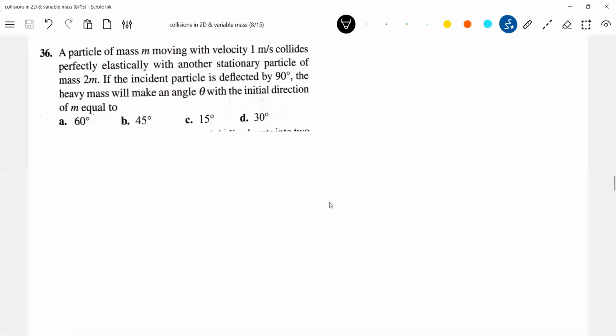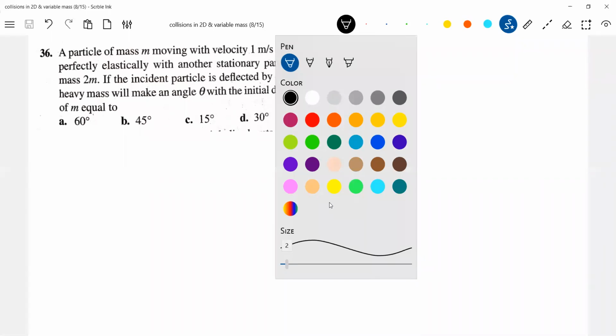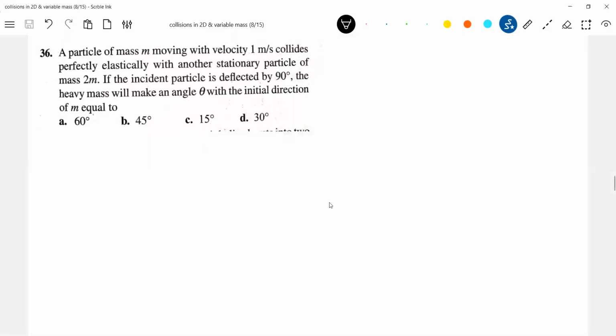A particle of mass m is moving with a speed u. Let's take it. And there's another particle which is at rest, another stationary particle of mass m. If the incident particle is deflected by 90 degrees, so what will happen after collision is the incident particle